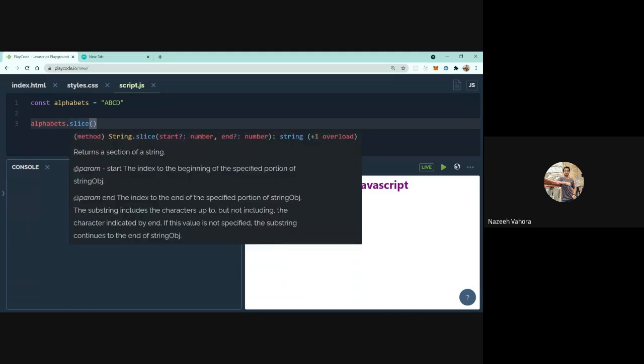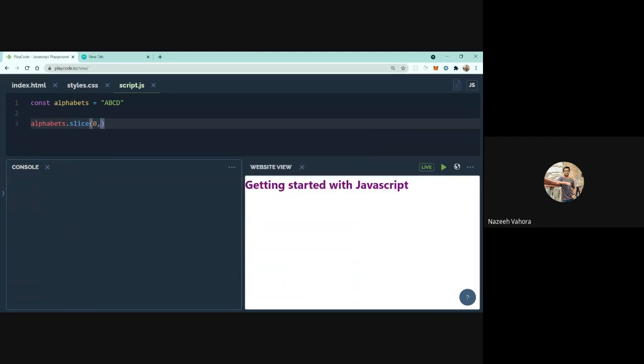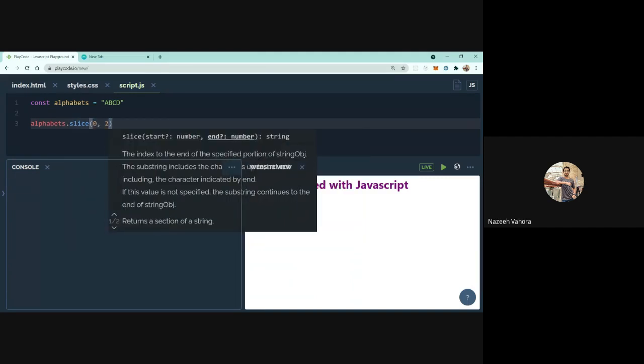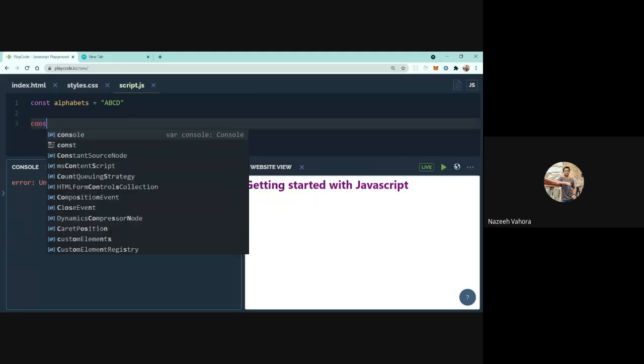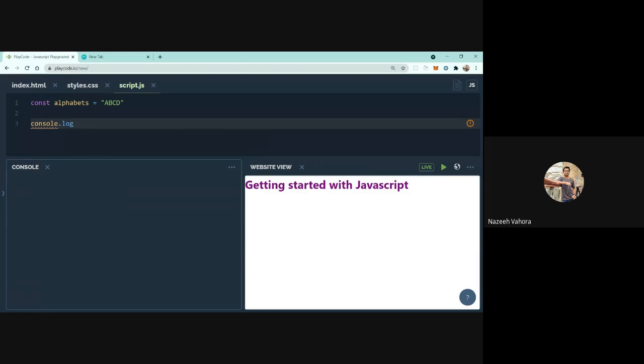So I'm specifying the start number and the end number. Let's console log it. Yeah, so by applying the dot slice method on our alphabets, we are getting these two substrings, basically, of this whole string.